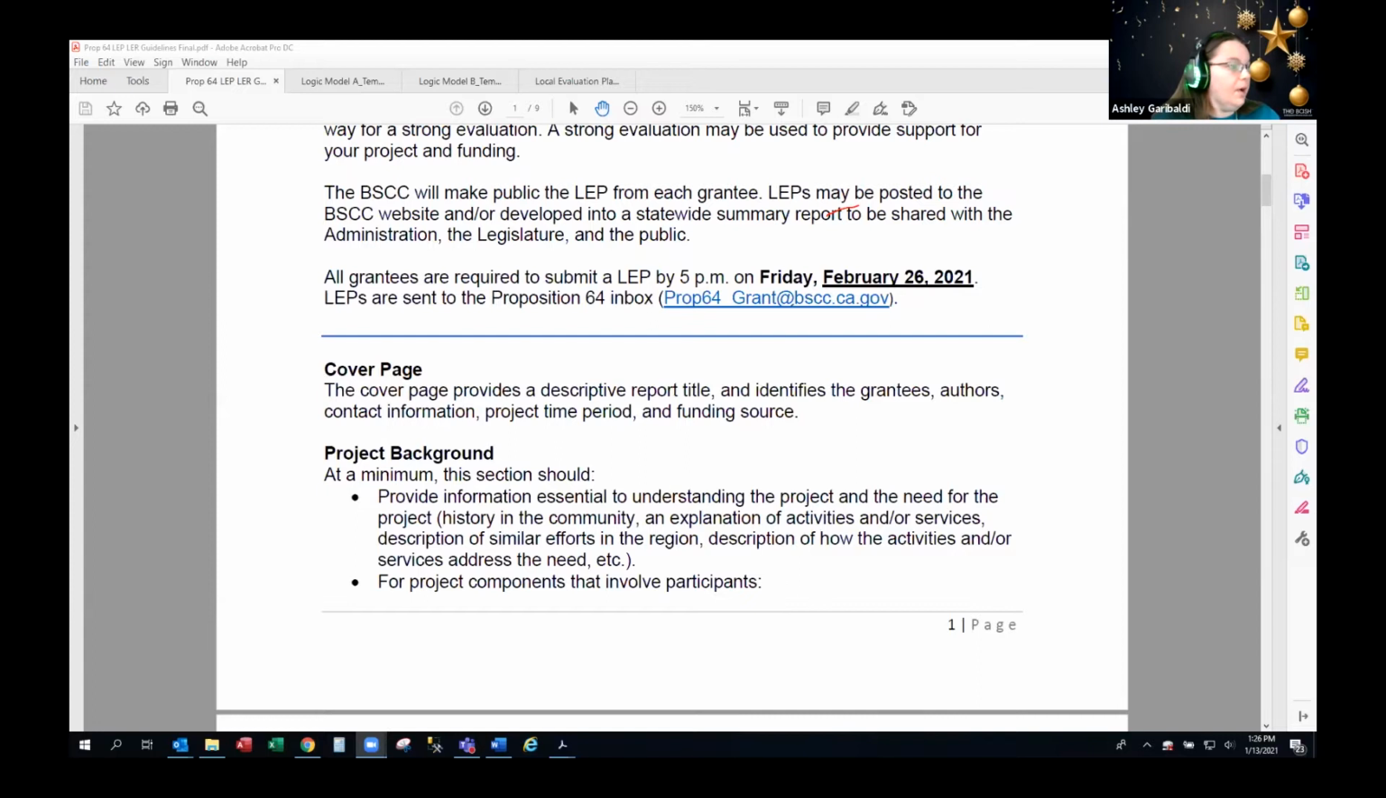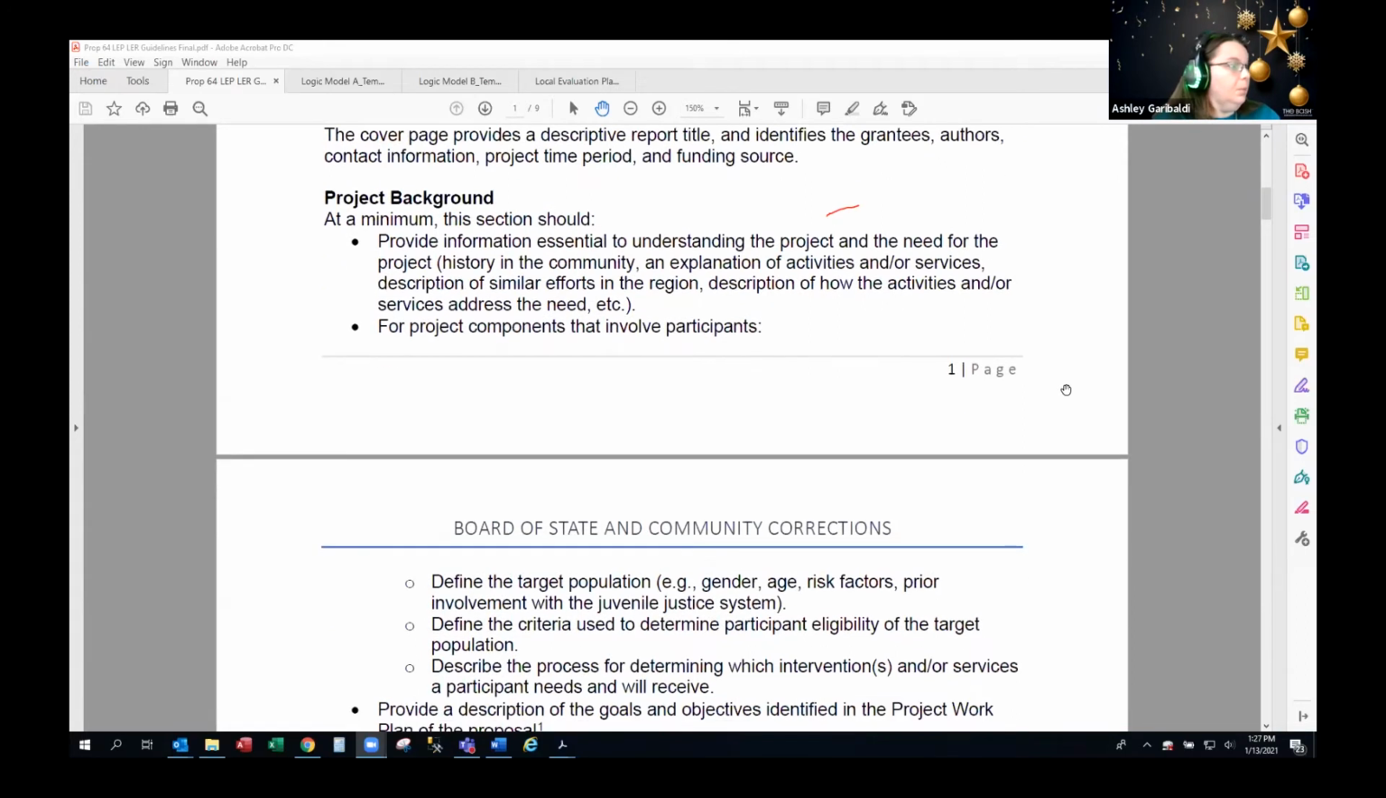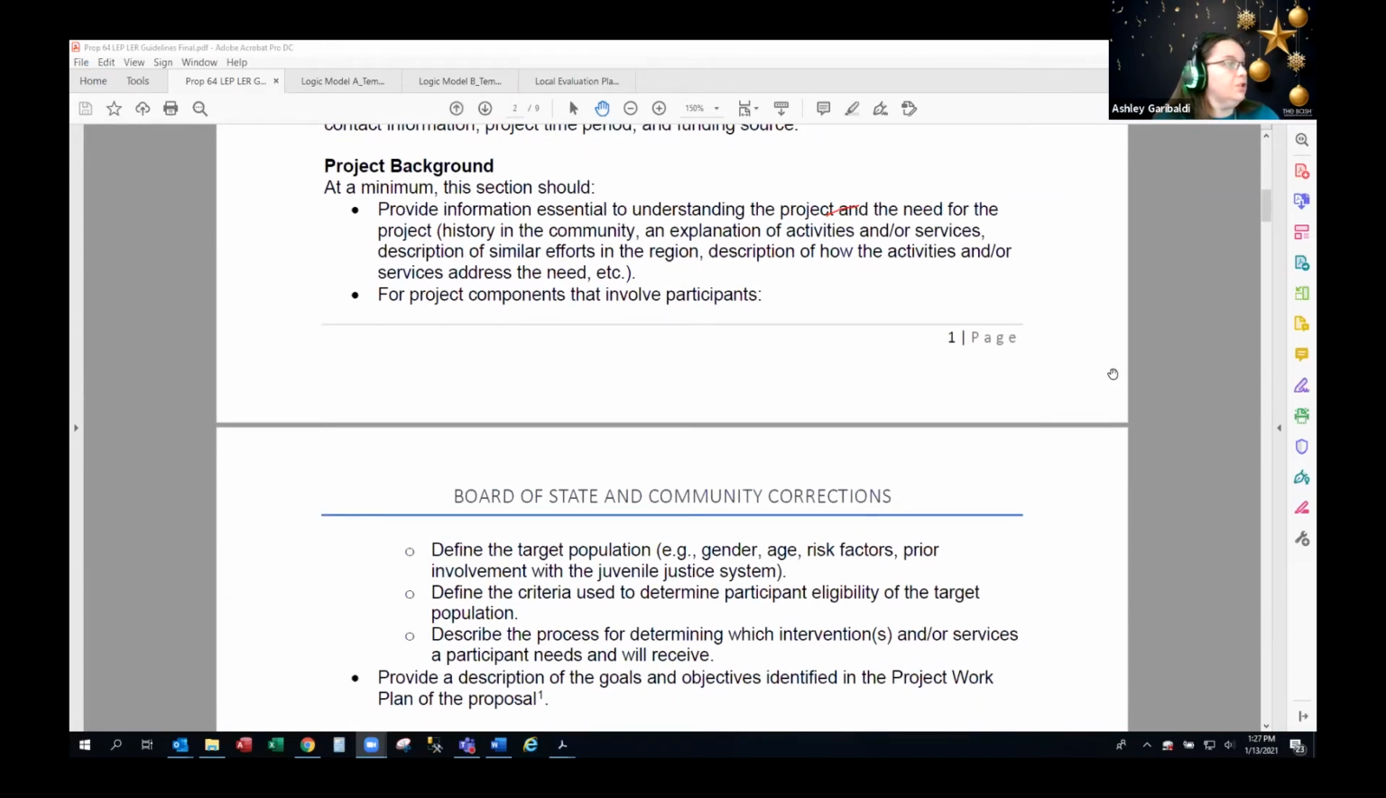Of course, we need a cover page, which is self-explanatory with some details, and that helps in the future for posting. We keep track of different cohorts and things like that based off of the information that you're sharing with us. Project background, we'll go over. We'd like at a minimum for you all to share information essential to understanding the project and the need for the project, meaning the history in the community, an explanation of activities and or services, a description of similar efforts in the region, a description of how the activities and or